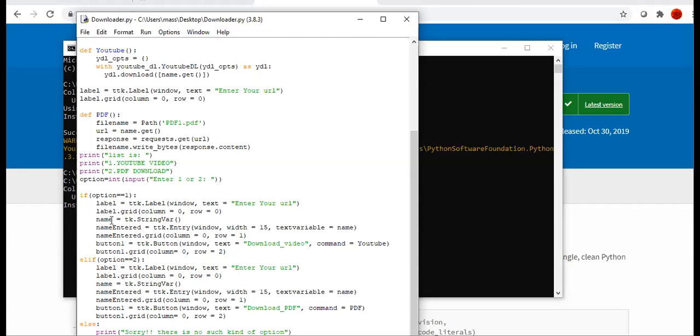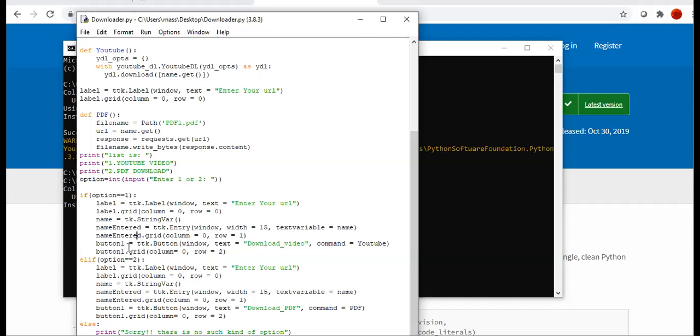Then I get the name. Inside that, we will give the link for the YouTube video, and that is stored here. Then the name is entered. These things are based on the size of that box, what size it will appear like.